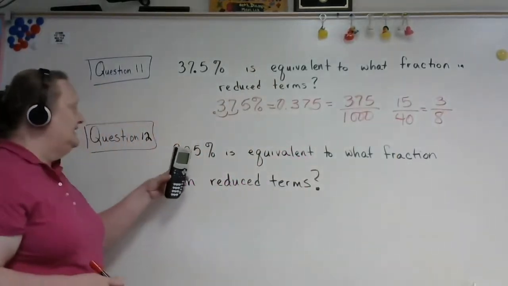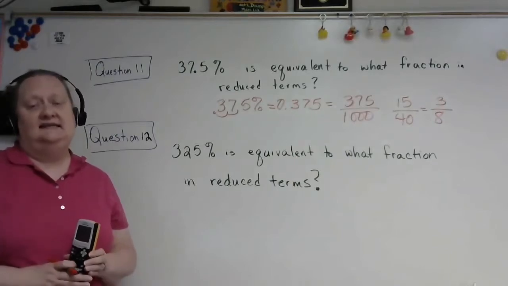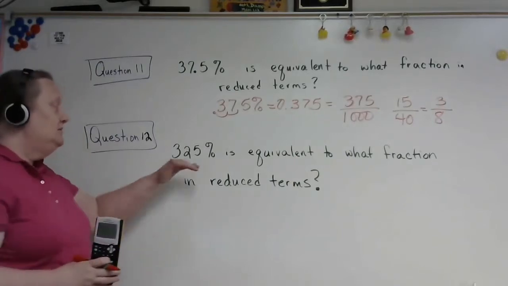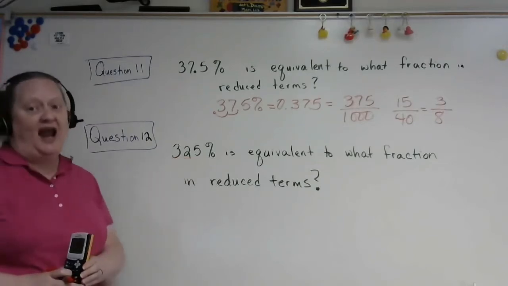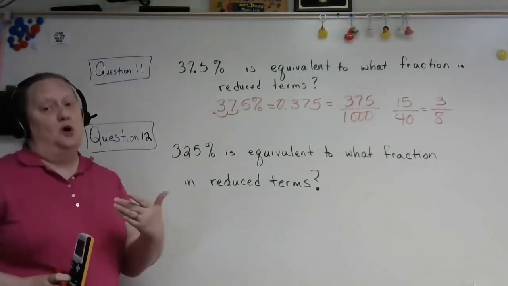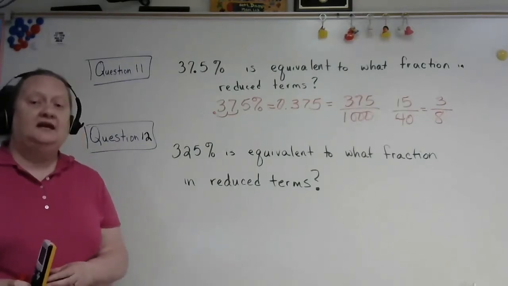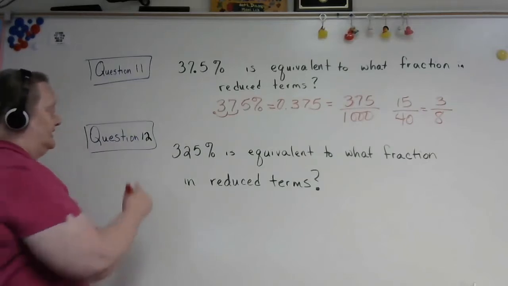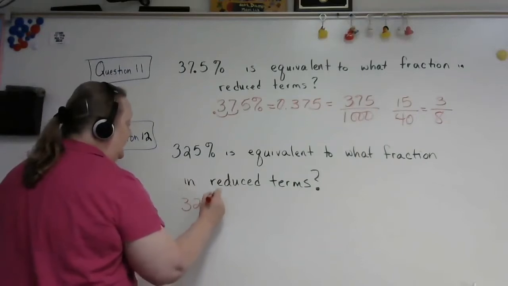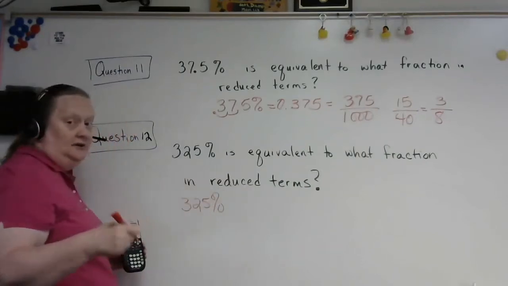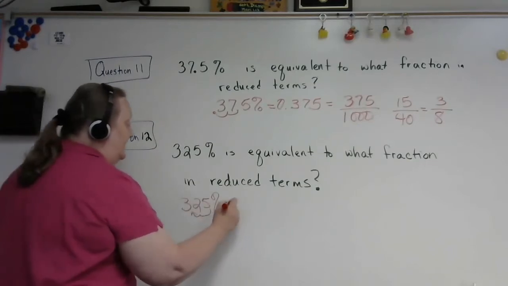Let's do the same thing to 325%. Let's also remember, and I said this in an earlier video, that percentages over 100 will give us fractions that are greater than 1. So in this case, it will give us an improper fraction, or we can write this as a mixed fraction. So let's do this. That would be 325%. And again, I'm going to change it to a decimal first. So that would come over 2 places, and that would be